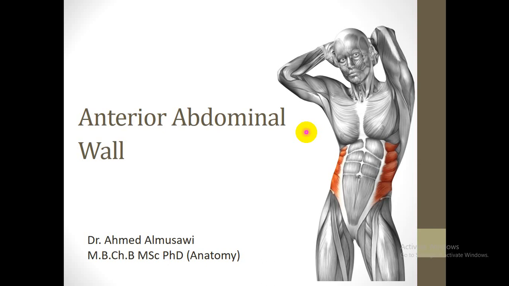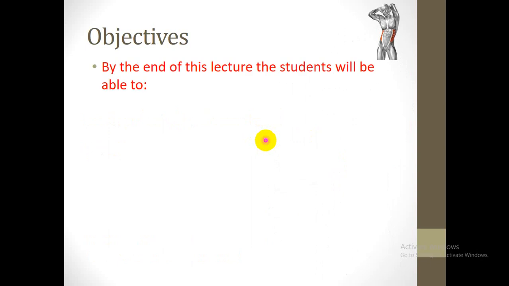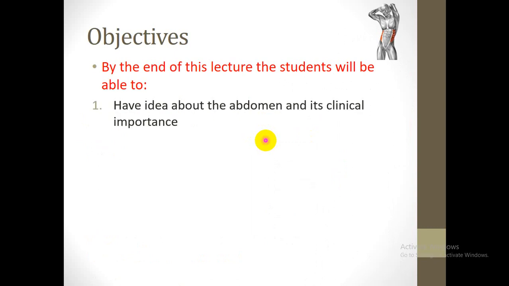Today's lecture is titled anterior abdominal wall part 1. So I will start with the objectives of this lecture. By the end of this lecture, the student will be able to have an idea about the abdomen and its clinical importance, define the layers of the anterior abdominal wall,